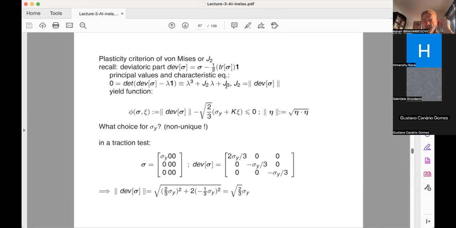Now, when I said this as an introduction, I can give you what was in these books, what it still is, if you have one, or from Hill or whatever it is, Mandel and stuff like that. There's all of a sudden, instead of a yield function being the absolute value of sigma minus sigma y plus k psi that we had in the 1D case, in the 3D case, mysteriously, you have the norm of the deviatoric sigma compared against the square root of 2/3 of sigma y plus k psi. So what the hell is this square root of 2/3? Why does it come? Well, basically, we can study the